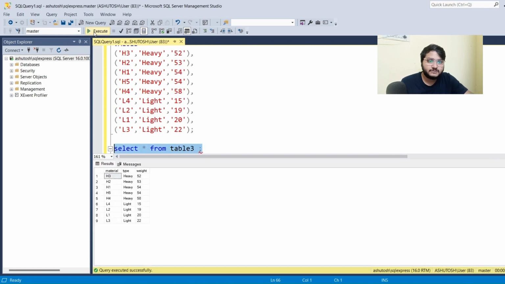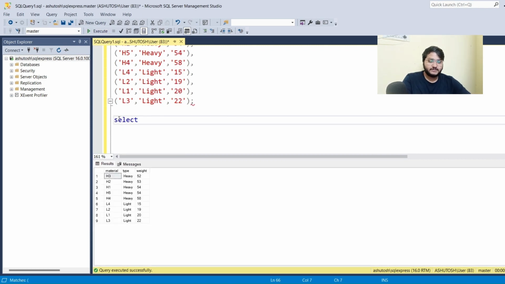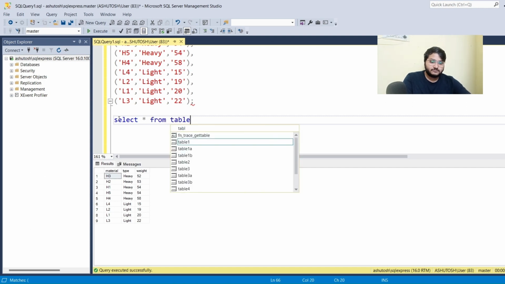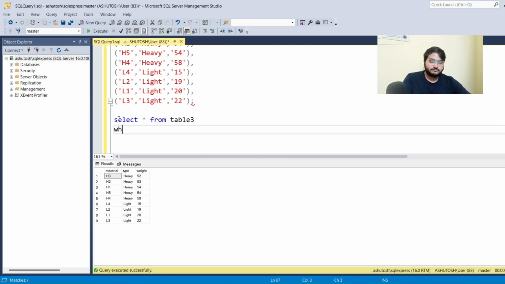Let us execute this. I'll write here select star from table 3, where type is equal to heavy,